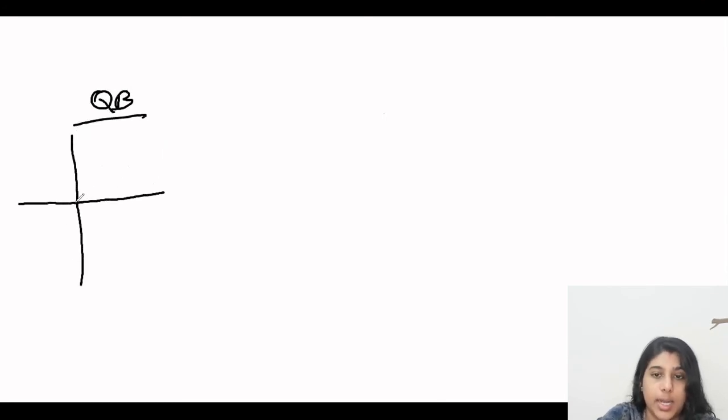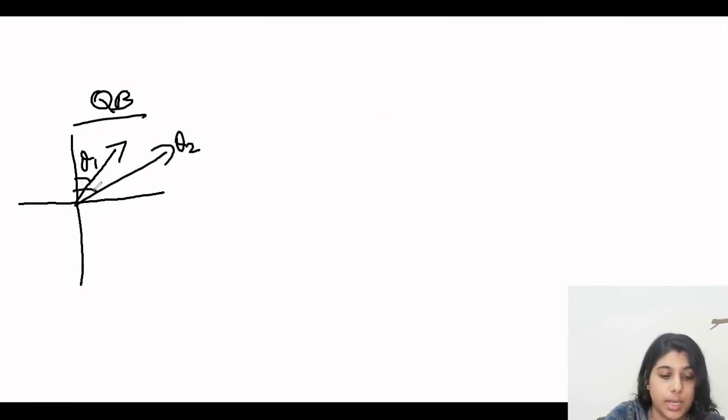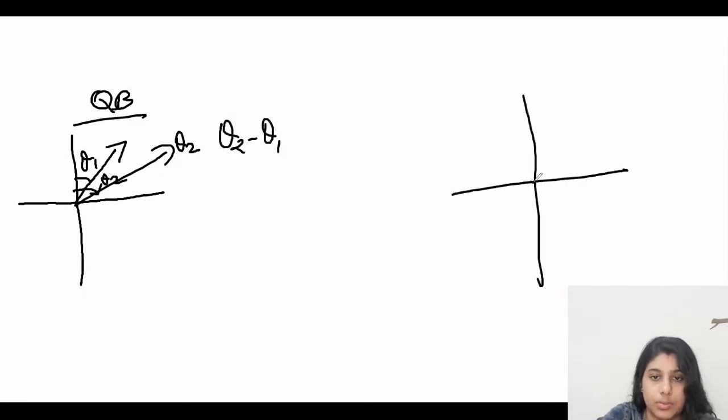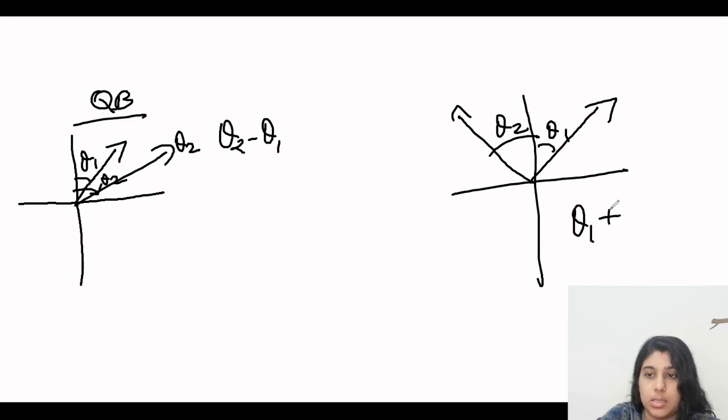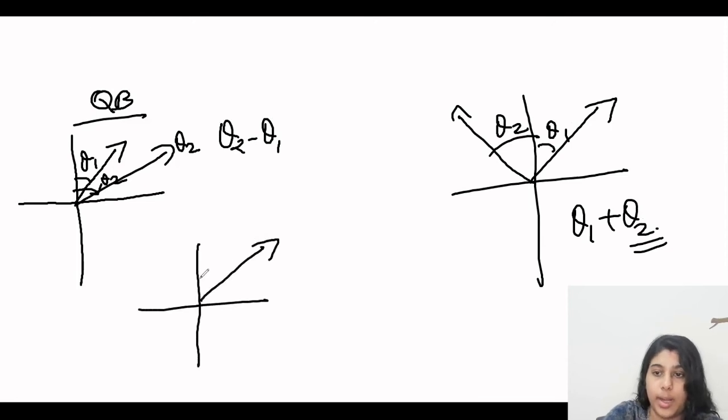Next, in the case of quadrantal bearing, these are just roughly what I am doing. But when we come to the examination, if we are discussing some problems at that time, we can discuss them clearly. So this is theta 1 and this is theta 2. In this case also, the same way, because it is the first quadrant, it is theta 2 minus theta 1. But if it is theta 1 in this and theta 2 in the fourth quadrant, at this time what will be the included angle? Theta 1 plus theta 2.